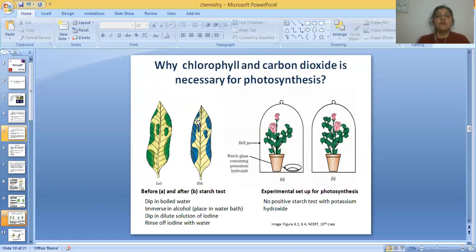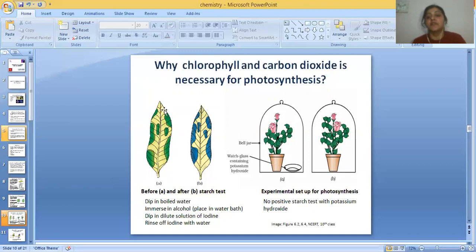So these are some of the activities which we can perform. These are experiments we can carry on to find if chlorophyll and carbon dioxide are really necessary for photosynthesis. This first experiment, as shown in the slide, is about understanding why chlorophyll is necessary for photosynthesis. So you take any potted plant which has variegated leaves, and you put it into the dark for a couple of days so that